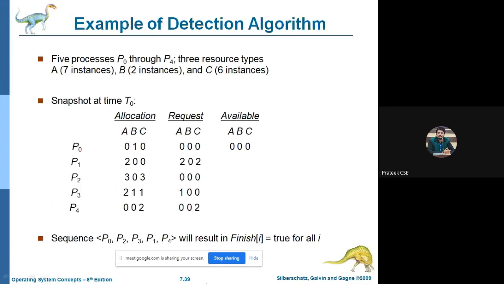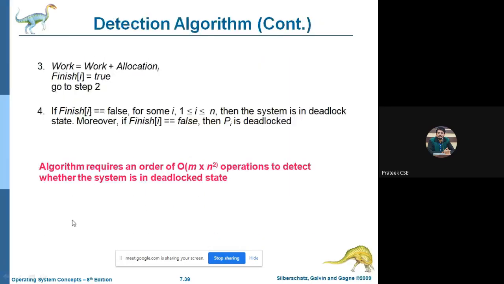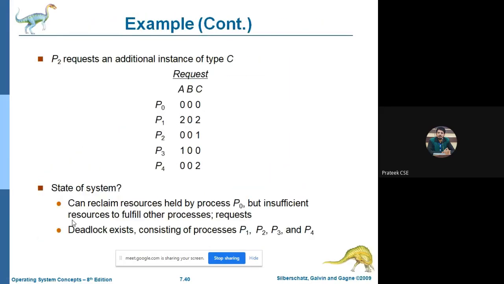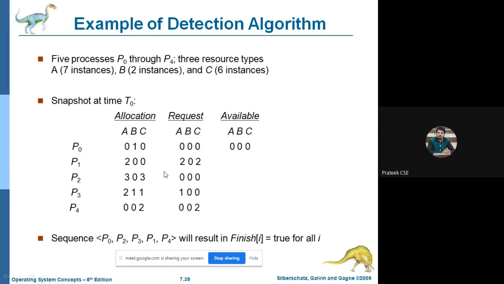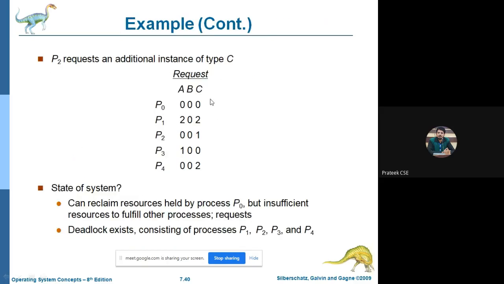If in the same scenario, process P2 requests an additional instance of type C, so if process P2 requests 001 instead of 000, then what changes will come in our system? Rest each and everything is the same, allocation will also remain the same, availability is also the same. Now instead of 000, process P2 is requesting for 001. That means one instance of resource type C is also required by process P2. So in this particular case, you can see